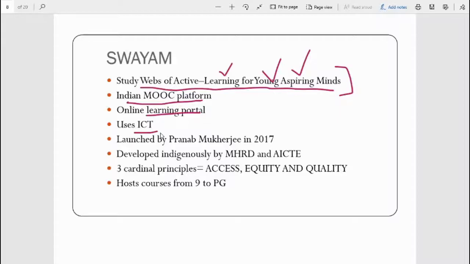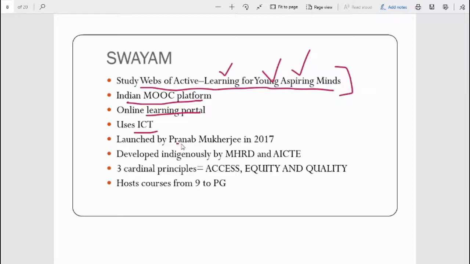So in SWAYAM it is important, because you can access the SWAYAM portal through internet. If you don't have internet, you can't access it. So you have to have a medium of internet to log in to SWAYAM. It's a portal, and on the portal you have to make your ID.